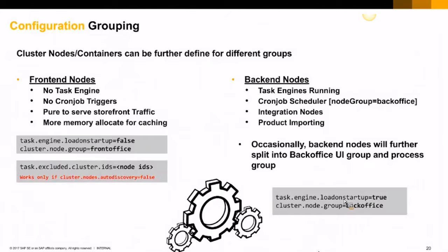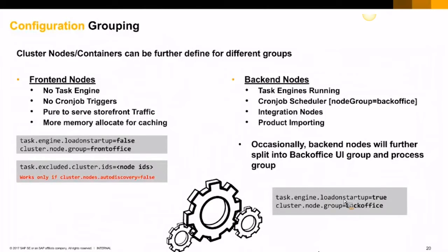By default in Hybris, we usually have a practice to separate the front-end nodes and the back-end nodes. The reason behind it is that the demand for both nodes is quite different. On some big sales event like Black Friday, we want the system to be capable of handling as much traffic as possible. But at the same time, because it's only serving front-end traffic, we want to suspend the activity for the cron job, the order process, and the registration process